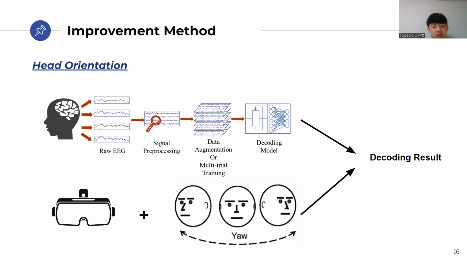The simulation will be done using a virtual reality device as it allows us to receive head orientation data in real time. We also thought that showing the drone perspective in first-person view in an immersive environment could make head orientation more useful when predicting the intended direction to move. So to sum it up, we have two major sources of information. One is the user's brain signal, and the other is the user's head orientation information. By merging these two, we aim to make a better and more accurate decoding result compared to the original paper.